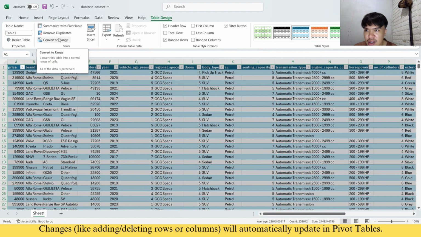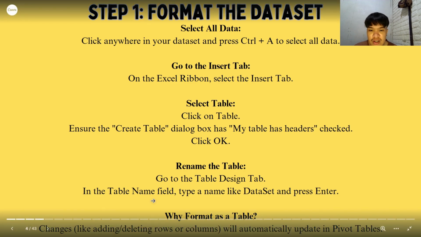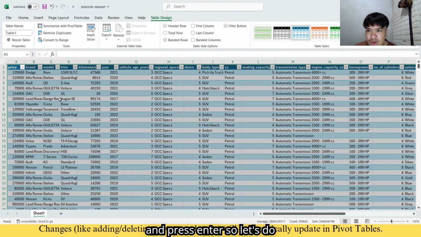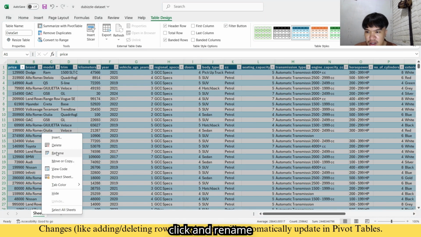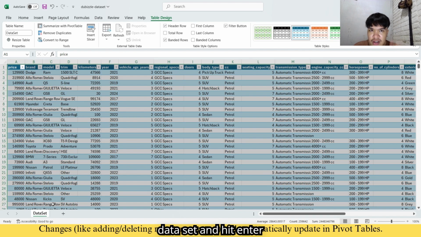To do that, we will go to the Table Design tab, and in the Table Name field, we type a name like dataset and press Enter. So let's do that. We will name it dataset, and also rename the data sheet. Again, for the sake of convenience, let's right click, rename it dataset, and hit Enter.